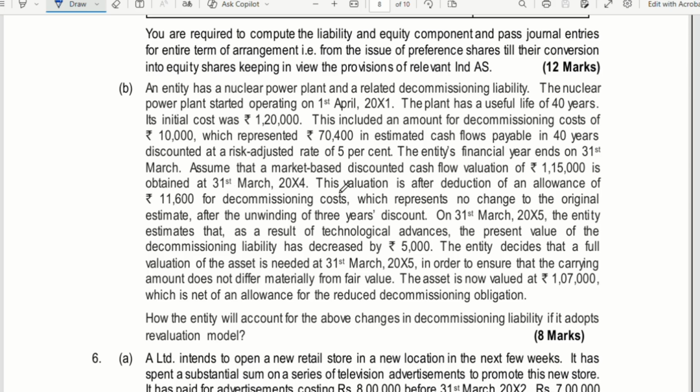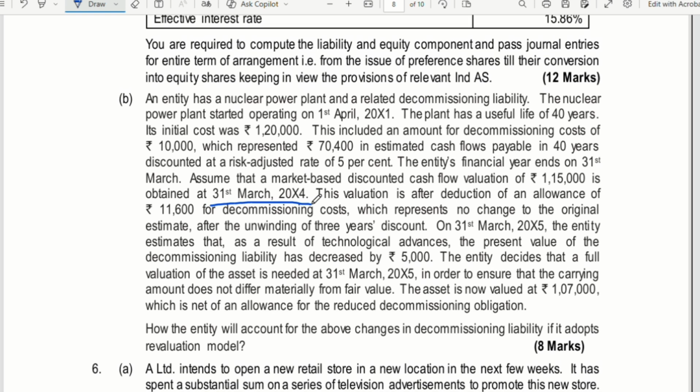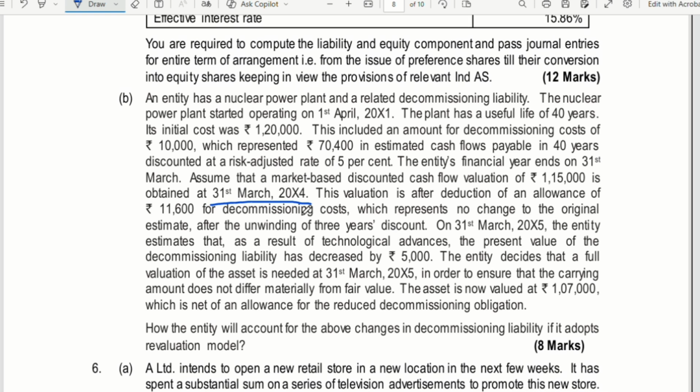Assume that market-based discounted cash flow valuation of rupees 1,15,000 is obtained at 31st March 2004. So see, on 31st March 2004, they have done the valuation. Assume that market based. So this is the fair value which they have given after 3 years, तो 21, 22, 22, 23, 23, 24। तो हम लोग क्या करेंगे, हम लोग अपना कैरिंग वैल्यू लेके आएंगे आफ्टर 3 years, उसके बाद वी विल कंपेयर विद दी फेयर वैल्यू। जो डिफरेंस होगा वो तो हमारा गेन या तो फिर लॉस होगा।